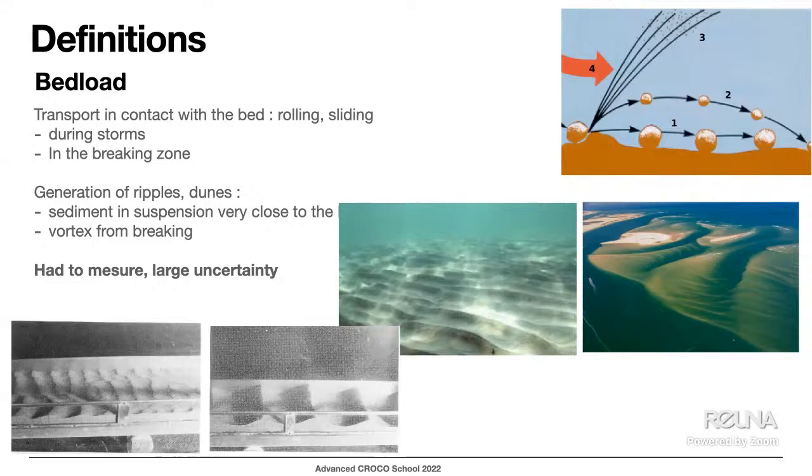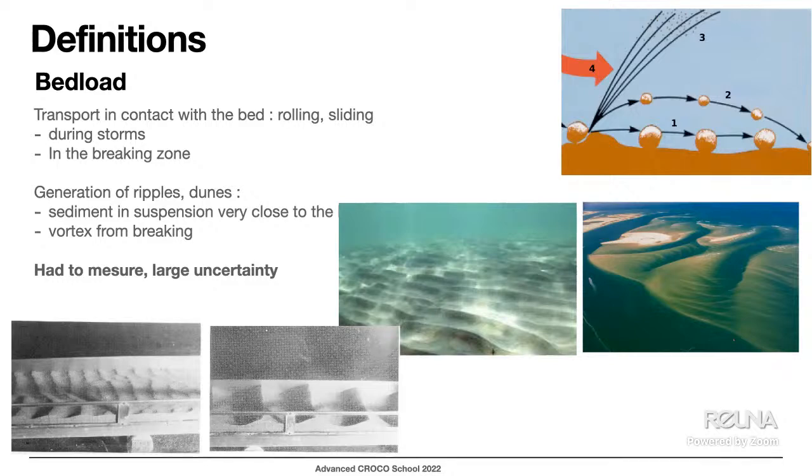So ripples are what you can see in the pictures. It's also what you can notice if you're going to the sea. You have these small ripples appearing, and they are due to orbital velocities of waves. And you can also have very big ripples, like submarine dunes, for instance. And ripples can also be generated by vortices due to wave breaking. So it's what you can see with both pictures at the bottom. The one on the left is generated by orbital velocity of waves, and the one on the right is generated by